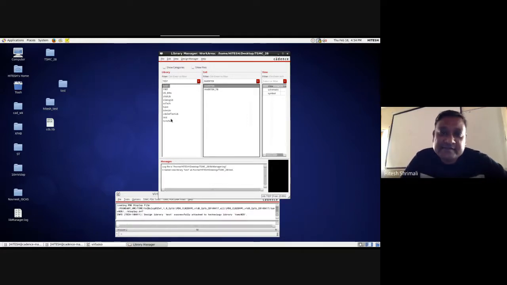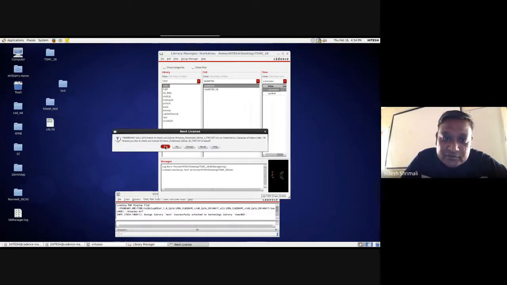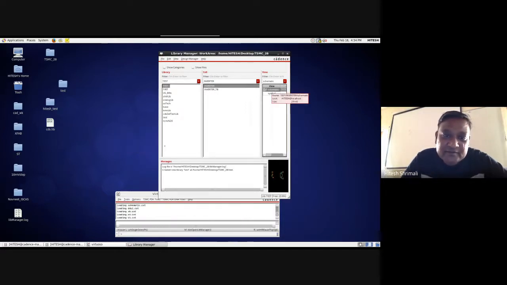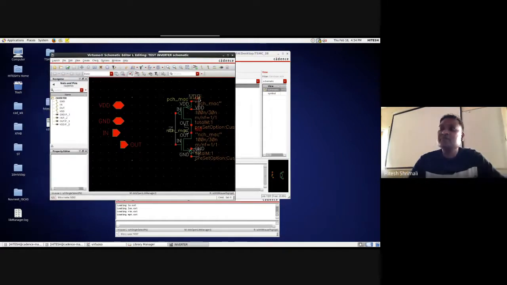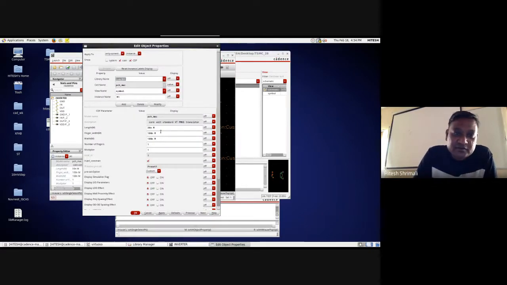Once that is done, inside this test you can make a schematic. I can show you the schematic already, you know, right? This is similar to what you made on that one, but you can see that when you are doing the Q, now the minimum channel length is 30 nanometer. Because it's 28 nanometer technology, the minimum is 30 for this technology.